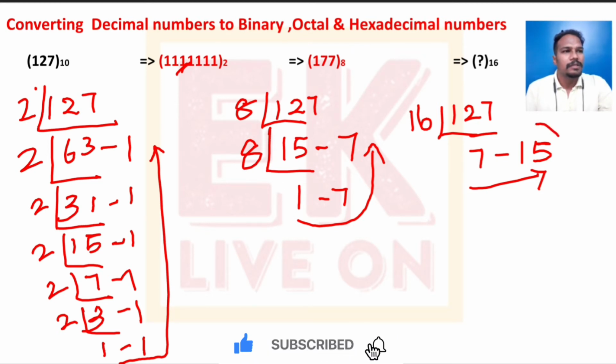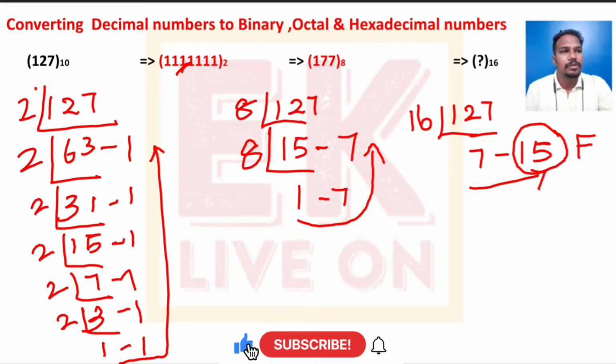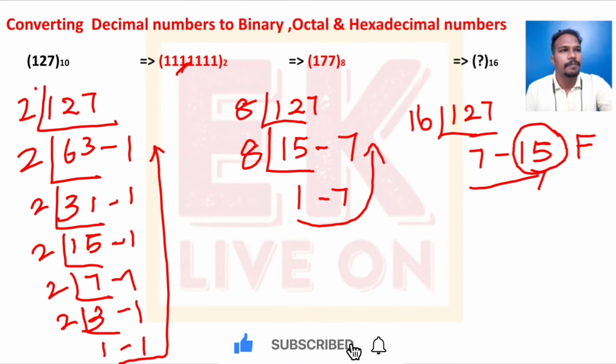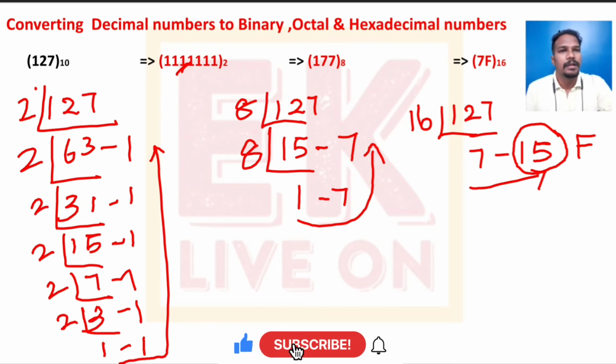Instead of this 15, what I will write here is, I know A value is 10 and B value is 11, and 15 value is F. So in that case, if I try to convert this, I'll write it as 7F to the base 16. So this is how you will be converting a decimal number to binary, octal and hexadecimal numbers. And moving further,